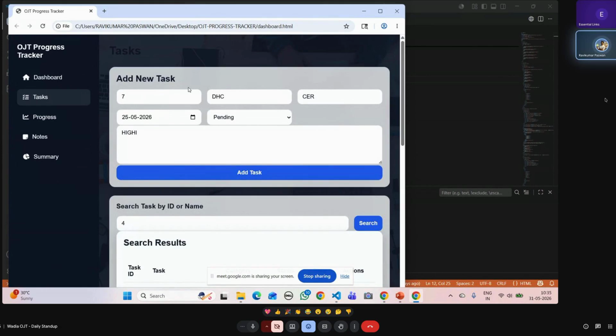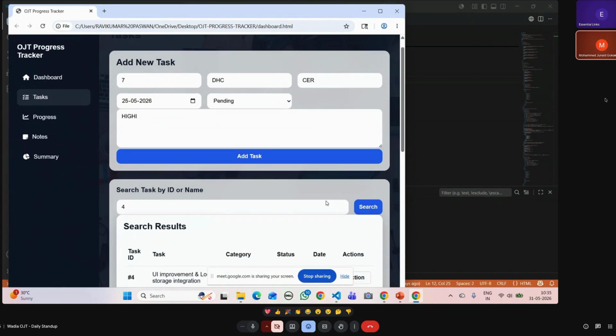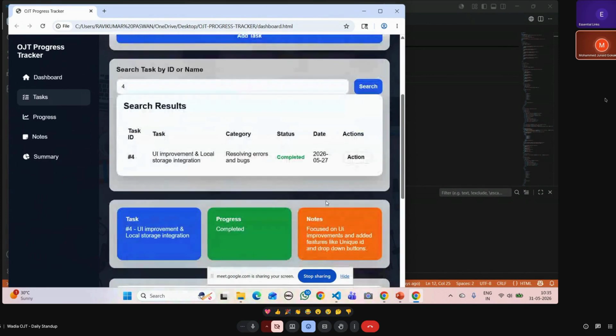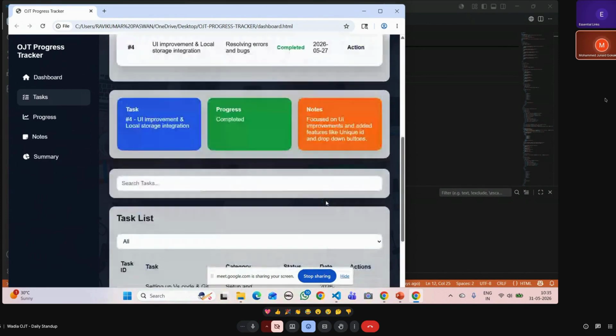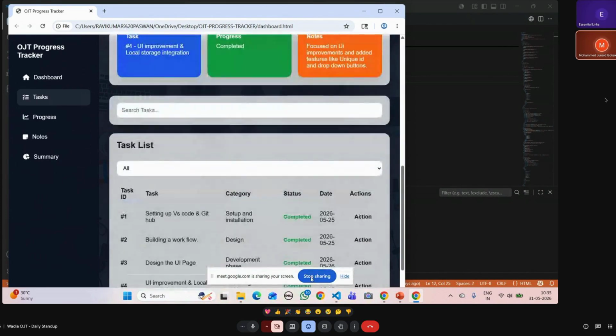Sir, for separate users we can add an authentication part. If we make more users, like logging in for more users, we will get a new dashboard for each of them, I guess, and then we can add our own tasks there. We can make it that way. Okay.